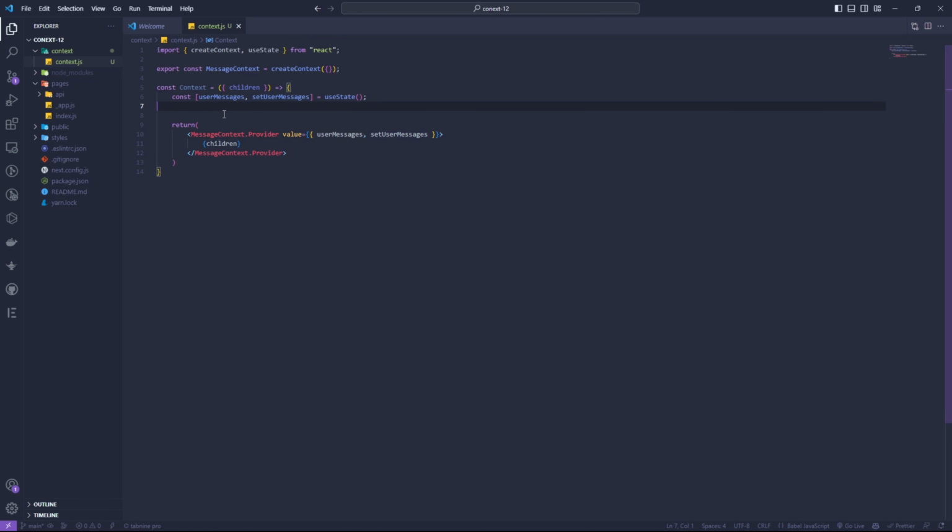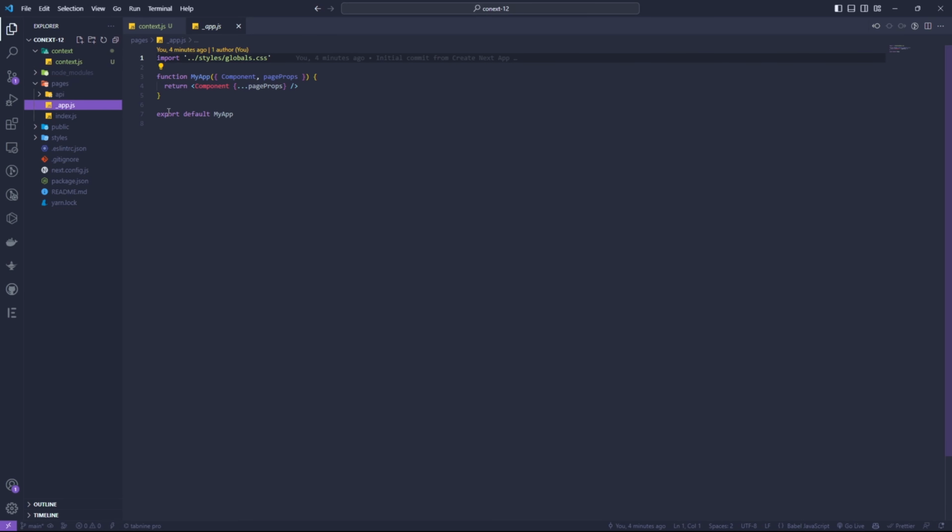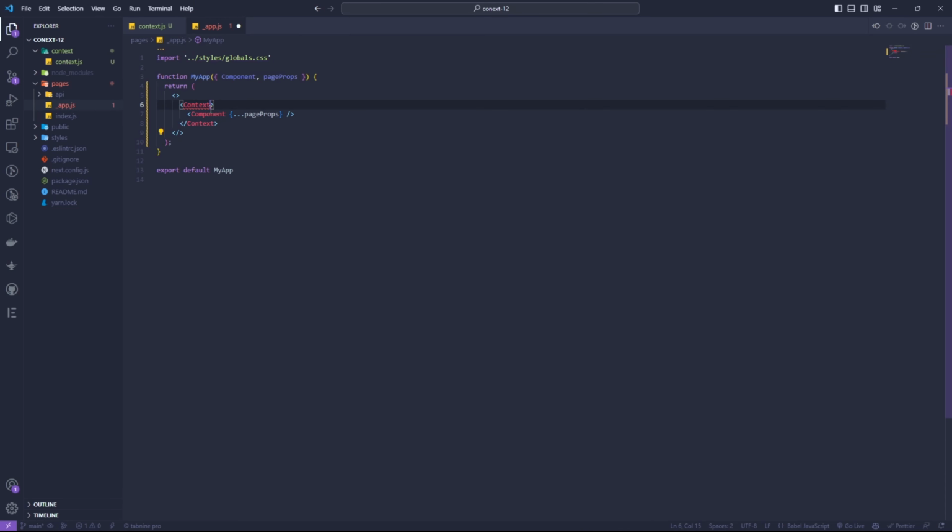So now that we have that, what we want to do is we want to go to our _app.js here, and we want to wrap _app.js with the context entirely. So right here, I'm going to change this. I'm just going to paste that, change the whole of this, and I'm going to import this context here,